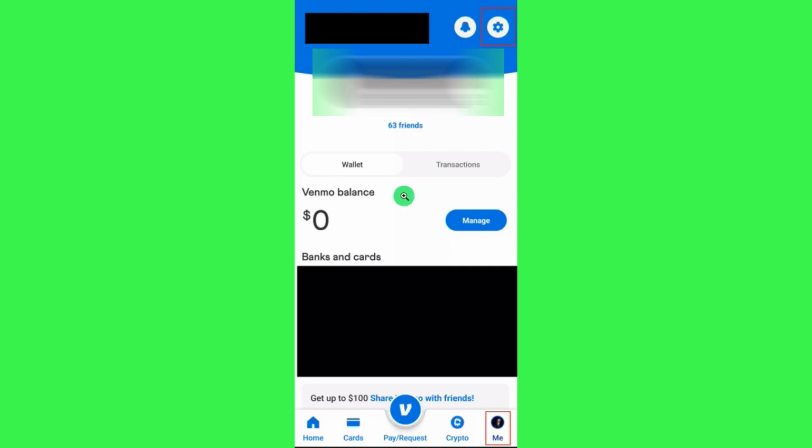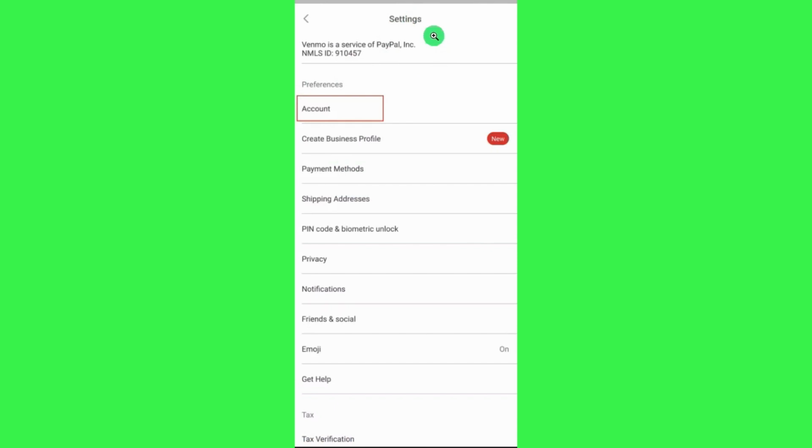In order to do so, you first have to launch your Venmo mobile application and then log in to your account by providing your email address and your password. Once you've successfully logged in, you are going to see this Me tab in the bottom right hand corner of the screen. So simply tap on this Me tab and then you will land on your